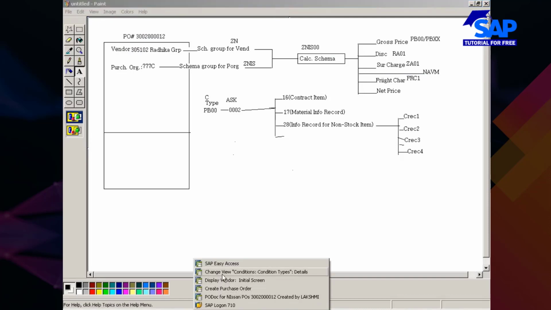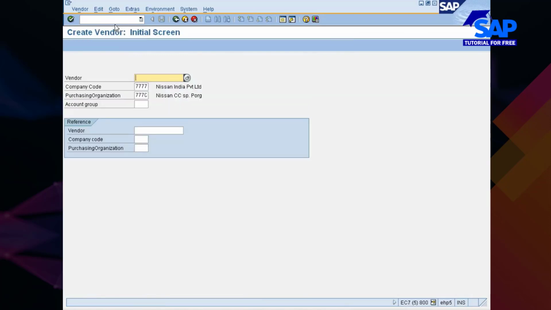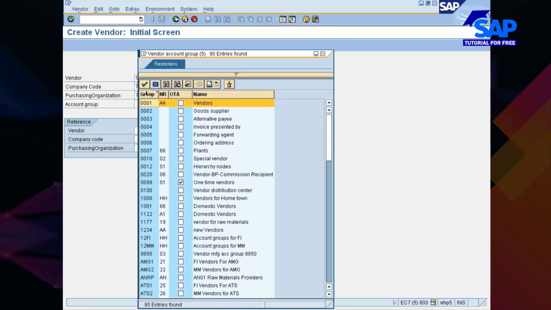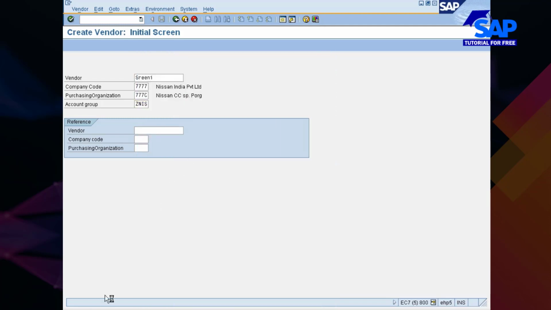Okay, for your question, let me create a new vendor like you are asking, XK01. I would simply say Srini. Account group, I think, do we have our own group created, something like that? Look at here.